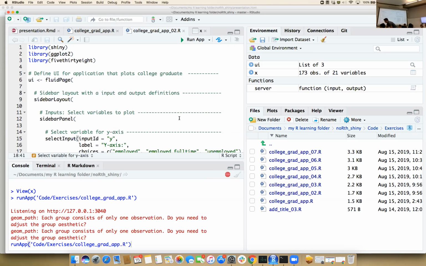And if you look here, that's an output. You're telling it ahead of time. And then in the server part here, you're actually